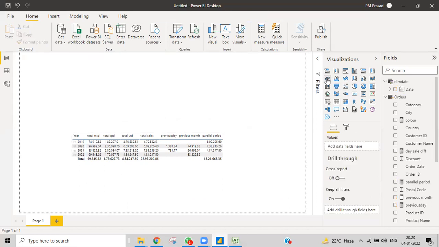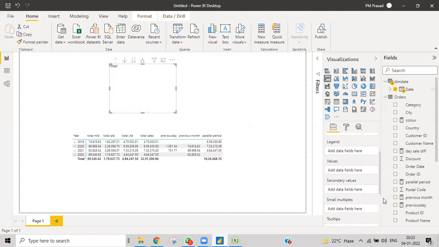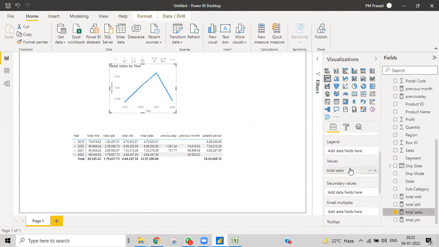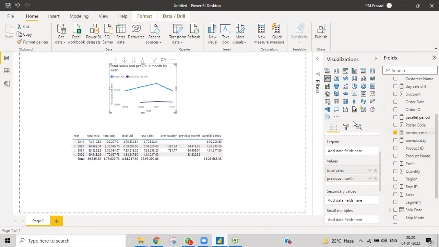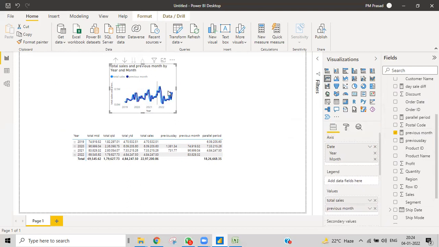Simply take a line chart, and after that, I want to take dates over here in the axis, and in the values I want to take total sales and the previous month sales. I want to take this, and then show it not by the quarters, not by the dates, I want to make it like this.